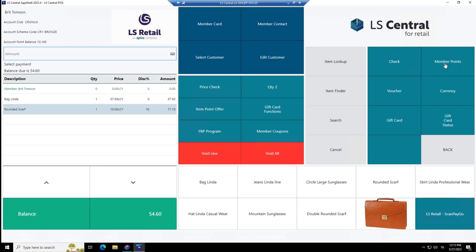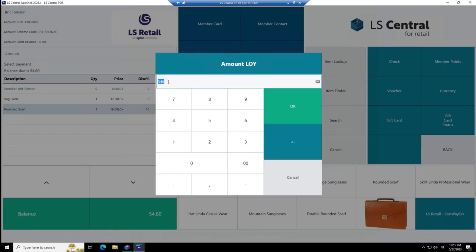And let's use that. And you see now that she has to use 546 points to pay for her 54.60. So it's not the same rule as when you were gaining points. And retailers want that. They want to have one rule of gaining points and then another rule for how many they're going to use. And this is all depending on a currency. So there is a currency in the back of it called LOI. And there we set the rate. And I have set it 1 against 10. So you need 10 points to pay 1 in amount. So that's fine. Let's do OK.